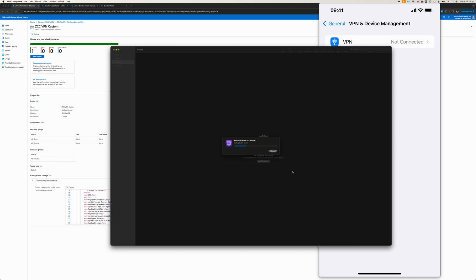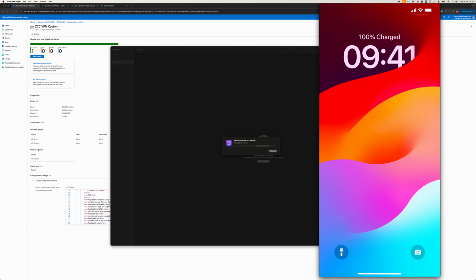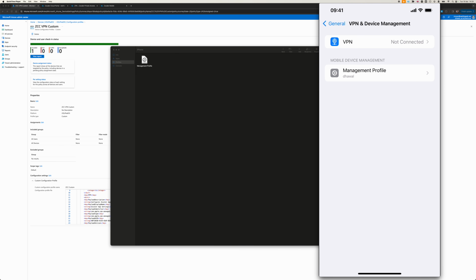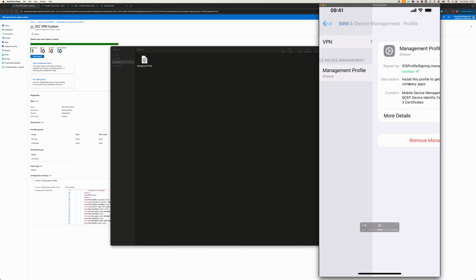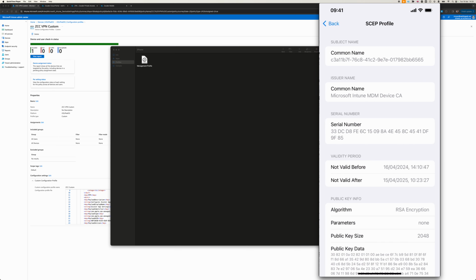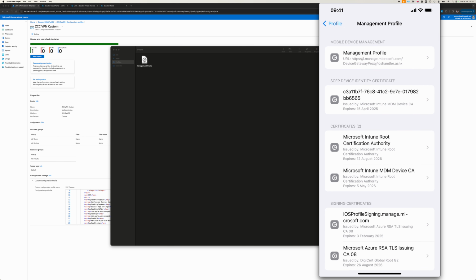So I drop this management profile onto the device, and we'll see it pop up over here shortly with a little bit of luck. What that's doing is pushing that profile on. That's telling it to go off and talk to Intune and start the enrollment process. First off, it generates the SCEP certificate for Intune MDM, enrolls it in device management, and now, as it's supervised and managed by Intune